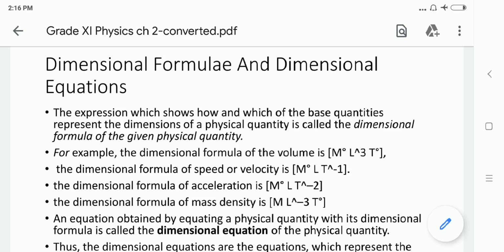Likewise for the mass density, we are having mass per centimeter cube. That is mass is 1, centimeter cube. If we take in numerator, then centimeter raised to minus 3. That defines the length. So M1 L raised to minus 3 T raised to 0. So this is how any physical quantity we can represent in terms of these three base quantities in a square bracket by having its power, that is known as dimensional equation.